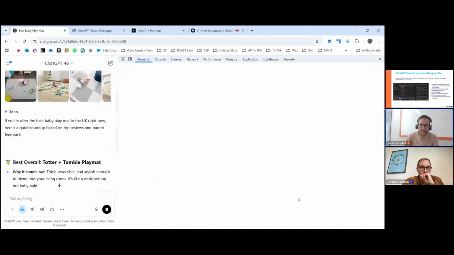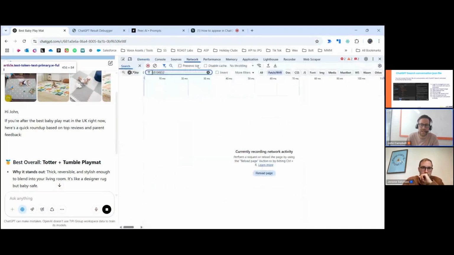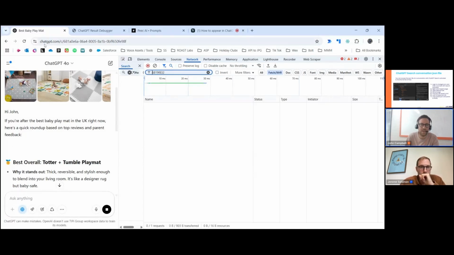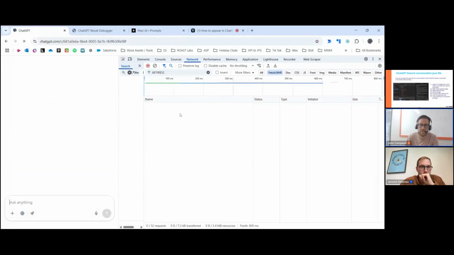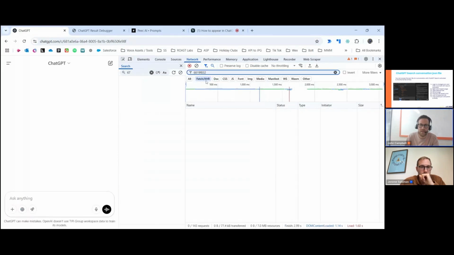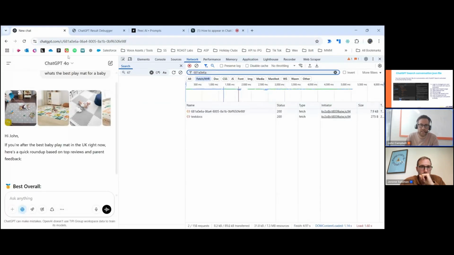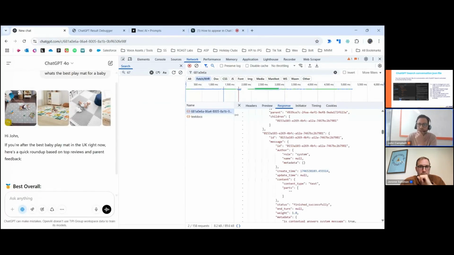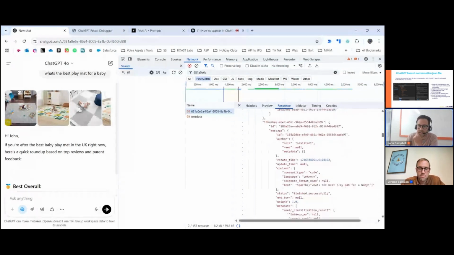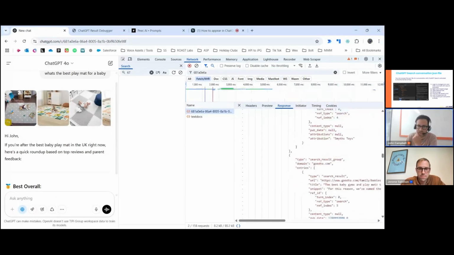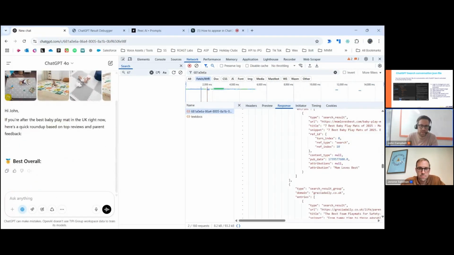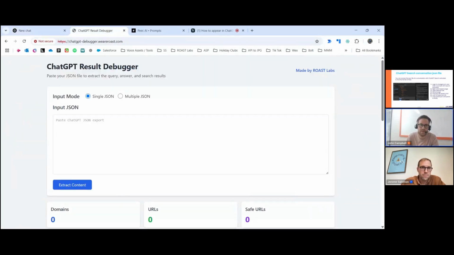What you want to do is inspect, go to your network tab, filter by fetch, and then just reload, and then take that ID, and you're looking for this file. So this file essentially contains, in a JSON structure, all of the information that's going into loading up this result. So you can quickly grab this, copy it, go to this URL. It's on this URL,